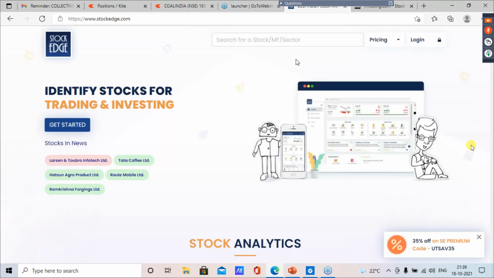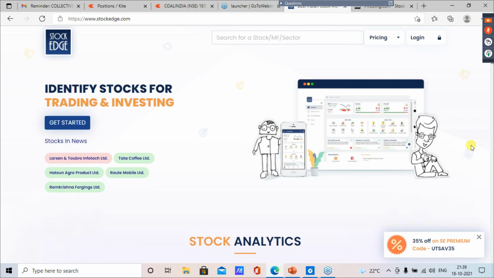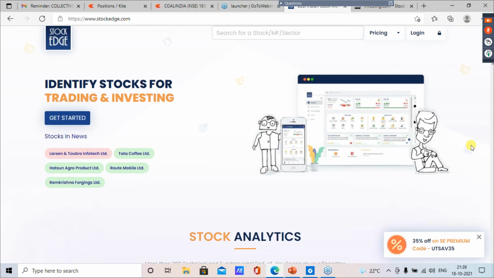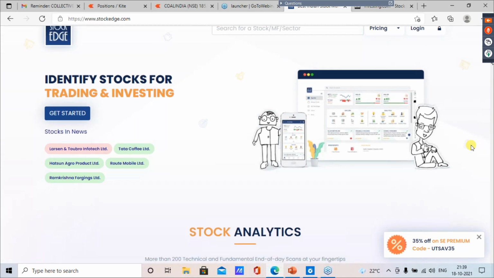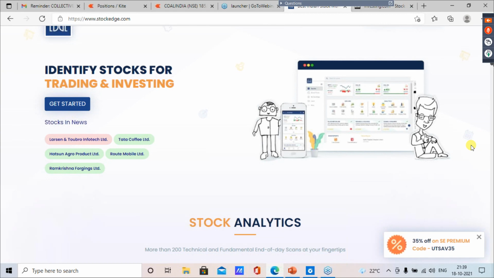Okay. Thank you. So please write down. This is one of the very good screeners. It is free and you can use this on a daily basis. You can download the StockEdge app from the Play Store, that is one of the options. Or else you can just type StockEdge in Google and open whatever first link you get. Just write down a few points. We don't use charting in this. I'm giving you unique screeners that work beautifully.